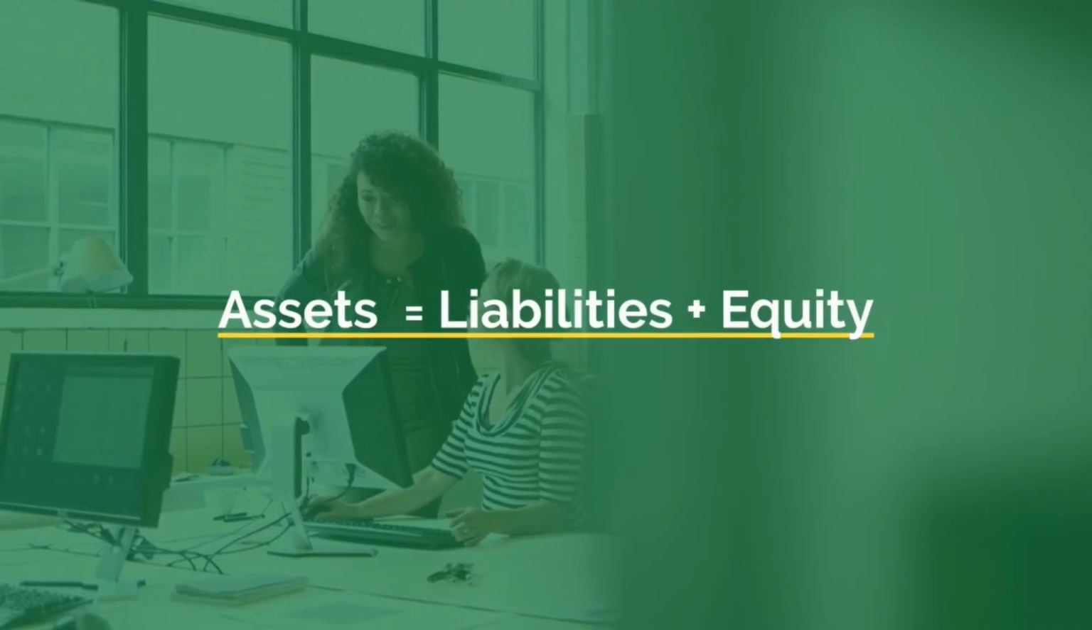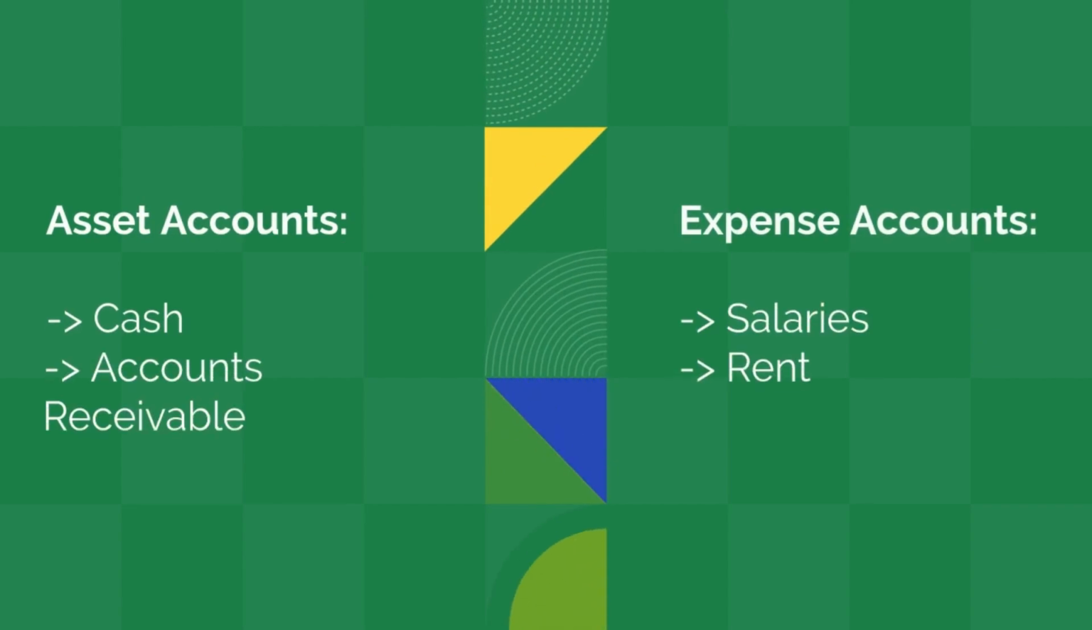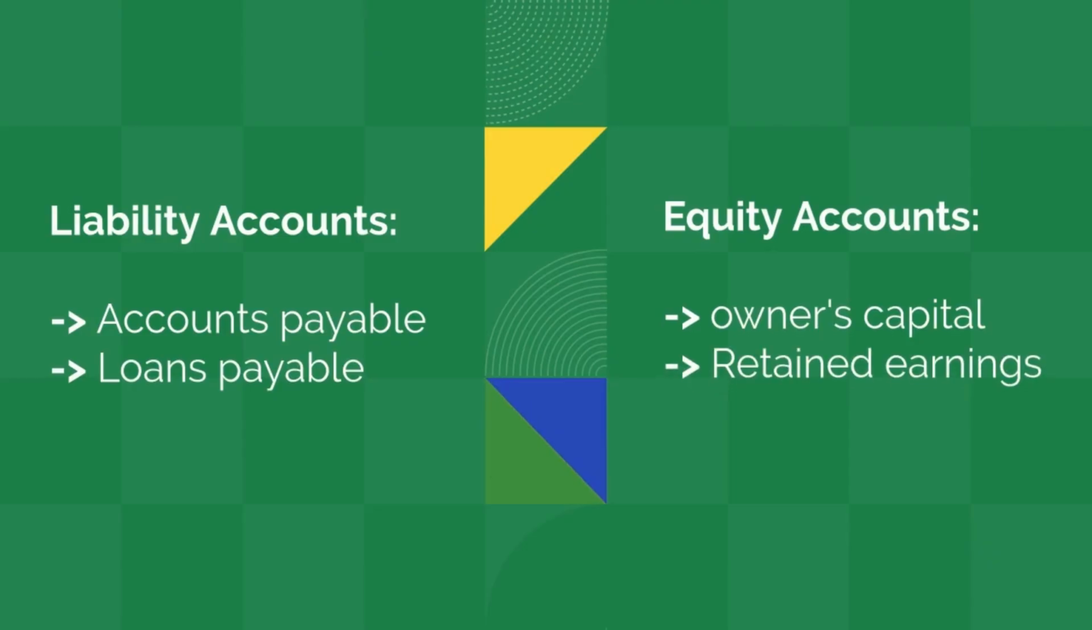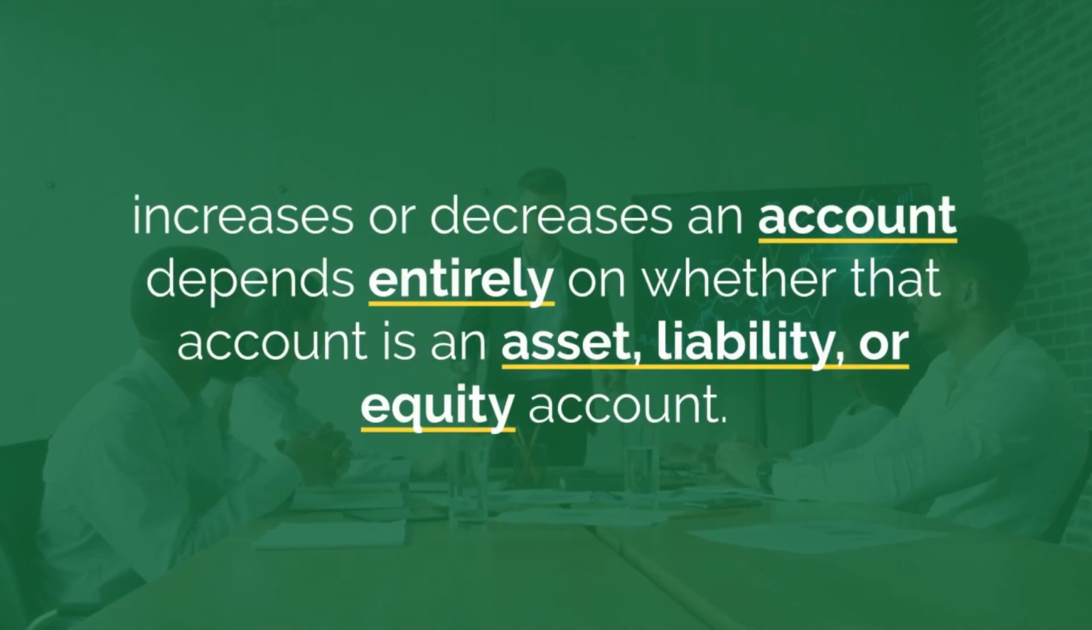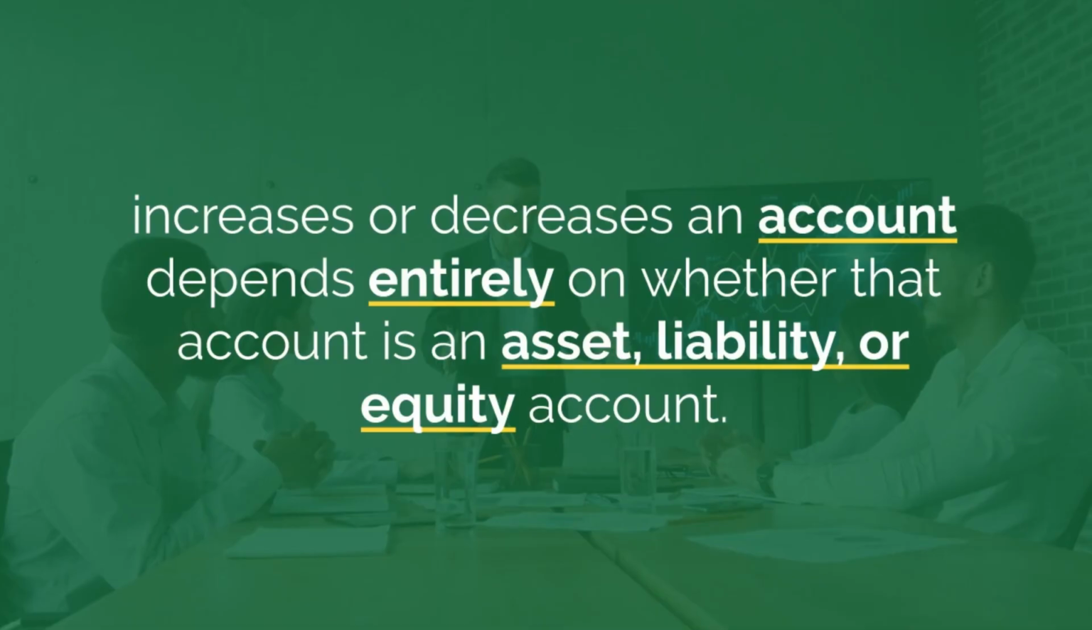Think of the basic accounting equation. Assets equals liabilities plus equity. Generally, debits increase asset accounts, like cash and accounts receivable, and increase expense accounts, like salaries and rent. Conversely, debits decrease liability accounts, like accounts payable and loans payable, and decrease equity accounts, like owner's capital and retained earnings. So, whether a debit increases or decreases an account depends entirely on whether that account is an asset, liability,